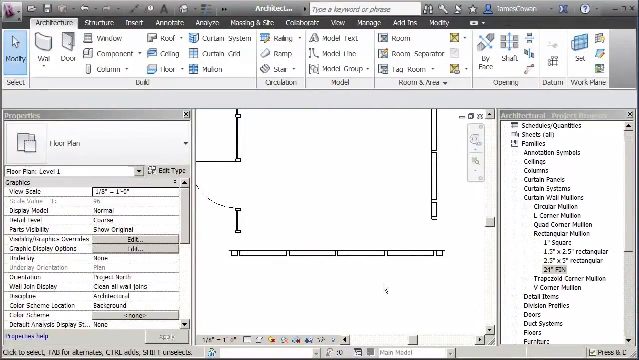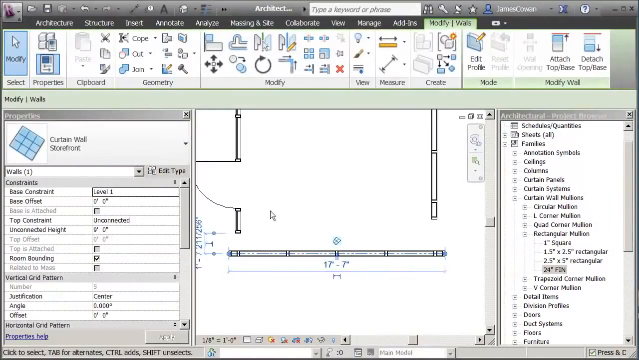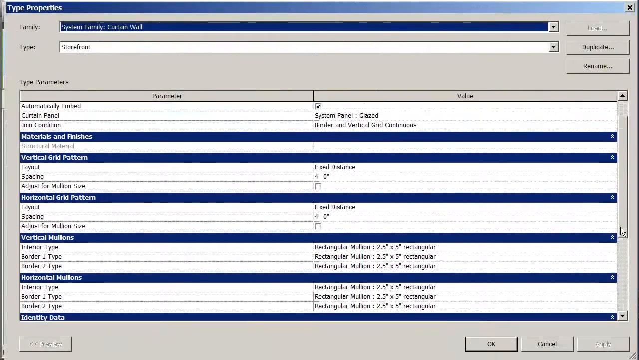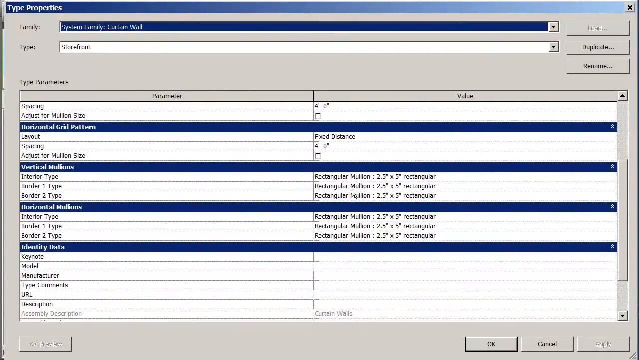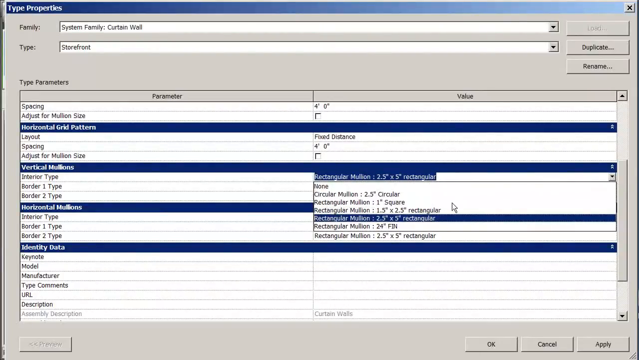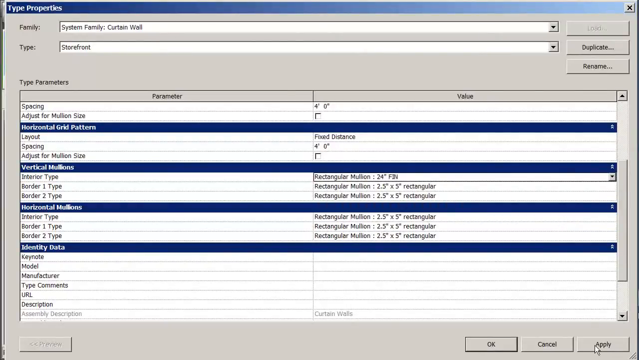And then I'm going to leave it at that just to show you that I can create that panel. So why am I not seeing the 24-inch fin? Because in the curtain wall that I've got here, if I look at the edit type, you see that I don't have the interior panel specified. So if I pick on this now, interior type, I can change it to the one that I just created called 24-inch fin, and apply and OK. And now I've got my